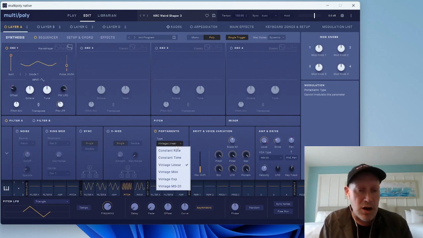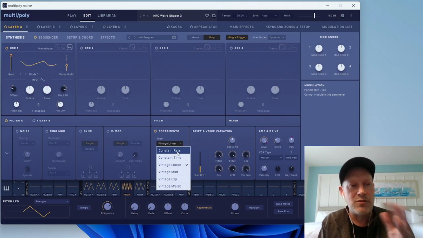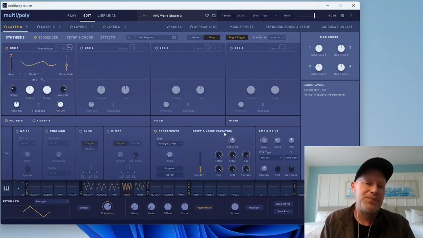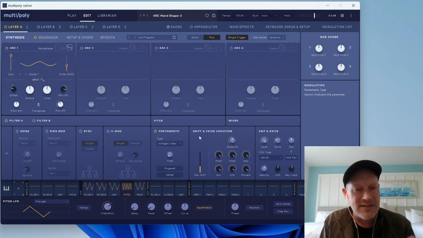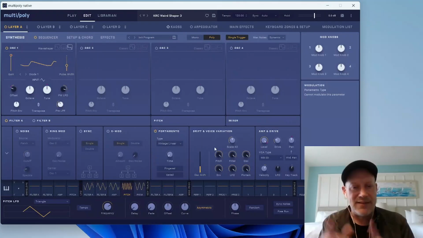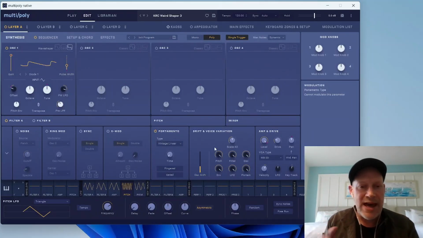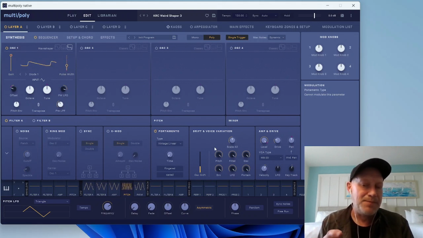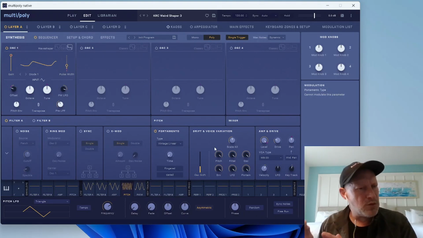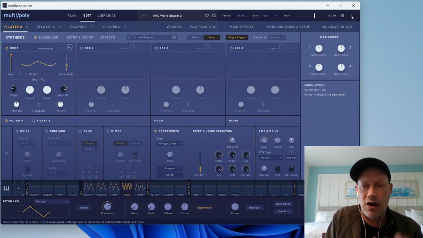Again, just like in the hardware, there's a bunch of new portamento types that respond with different rates, that emulate all sorts of vintage analog gear. You've got the drift and voice variation section here, which is exactly like in the hardware. By the way, the CMT ID, which kind of governs the way that the drift is configured for each virtual voice in the synthesizer, it's the same as in the hardware, but you access